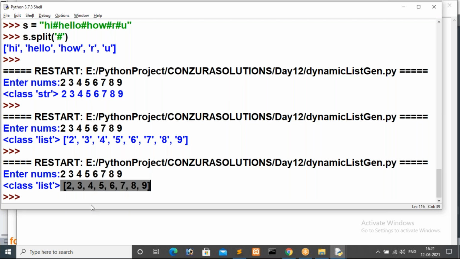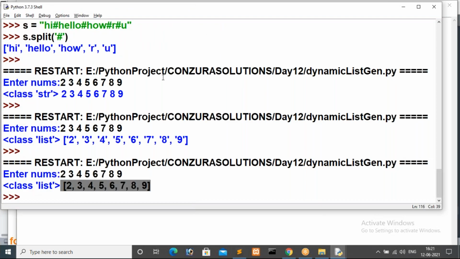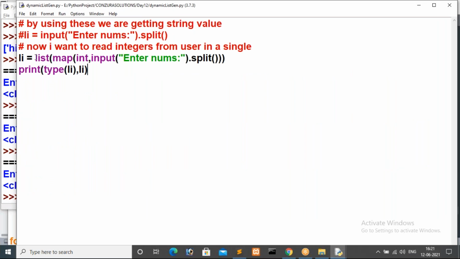All belong to integer. We will use int of input for converting one value. But if we have a list of string values inside a list, we have to use list of map of function. Map will take 2 different parameters. One is int. Here int is a method, the default method. If you want to pass your own method, you can mention it. Later, after these data structures, I will explain the map method again.